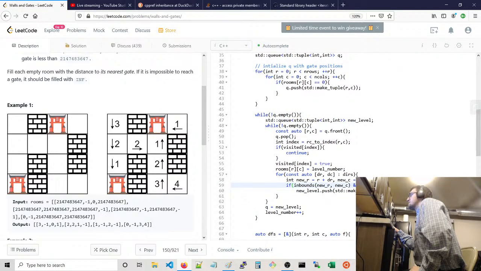So we haven't visited them yet. They're inbounds. We'll put those children in. We will update queue the new level, update the level number,